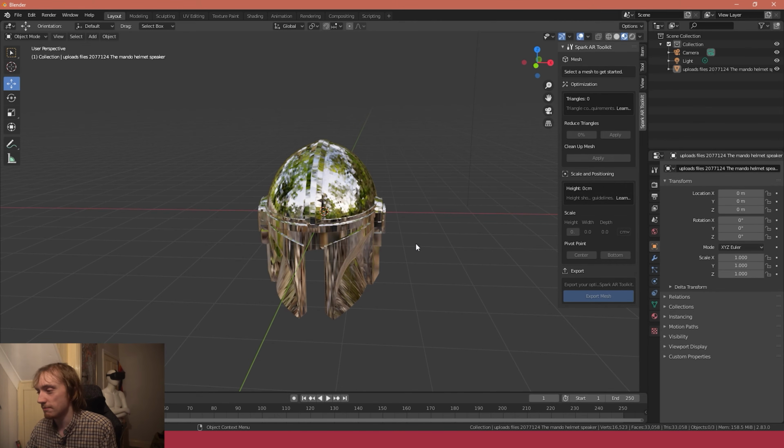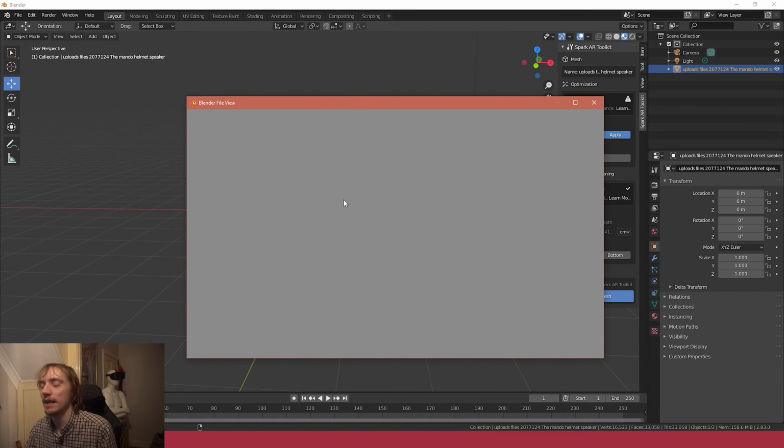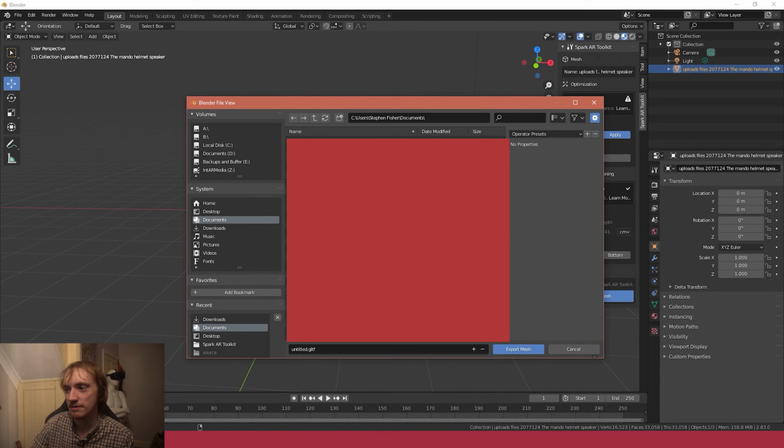So once that's set, I'm just going to click on my model, hit export mesh, and save this onto my machine somewhere sensible. For the time being, I'm just going to put this on my desktop. Not good practice, but